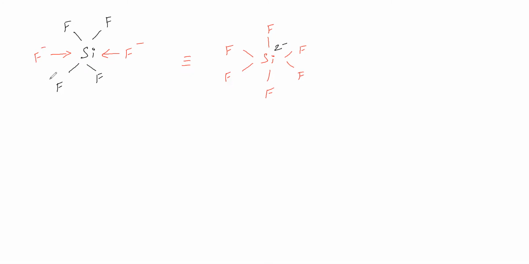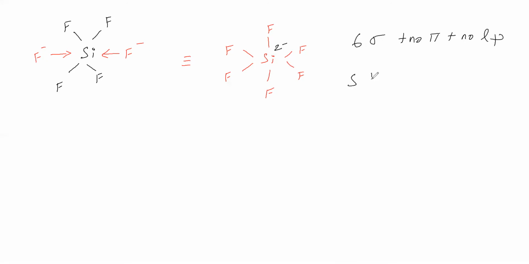Now, what is the hybridization of silicon in SiF6 2 minus, that we have to see. Hybridization of silicon in SiF6 2 minus means you have to see this molecule. We have to write the structure and then only you come to hybridization. Now this silicon has 6 sigma bonds, no pi bonds, no lone pairs. Silicon is having 6 sigma bonds.